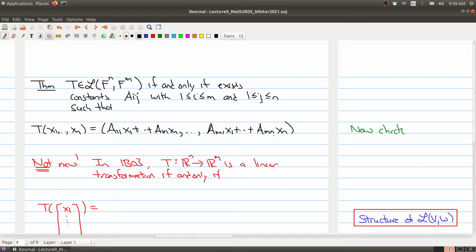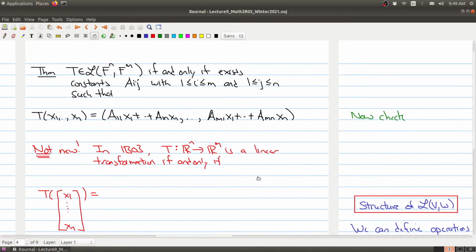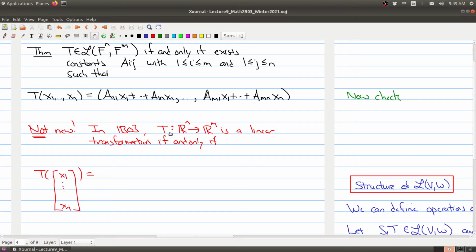Okay, now this may look new, but instead of giving the proof, I want to highlight that you've actually seen this before, right? Because in Math 1B03, you could look at your notes, you learned that a function going from Rn to Rm is a linear transformation if and only if this function right here, where you're taking an n-tuple, now I'm writing them as columns, that's what we would have seen in 1B03, is the same thing as